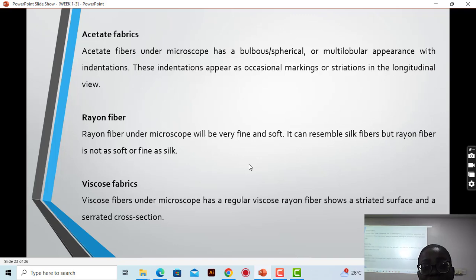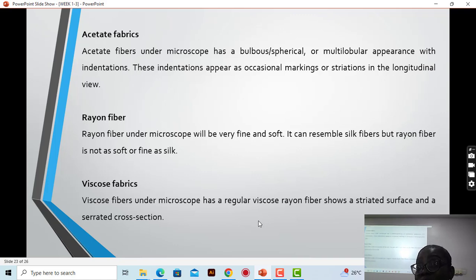Then we have acetate. I don't want to waste time reading each of them, so on your own, you can go through the acetates as well to know how acetate looks under the microscope. Same as rayon and then viscose fibers. Okay, there are viscose fabrics under the microscope. So this is a detailed test for those who are studying